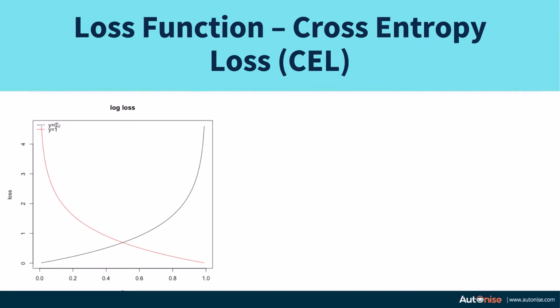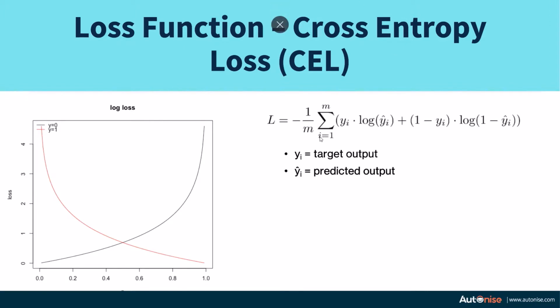So depending upon the target, we have a different graph, and if we add all of these terms, then we'll finally get the cross entropy loss. If we train our model to minimize the value of this loss, then we'll get optimal parameters which will have a good accuracy as well. So this is how the cross entropy loss looks in a graph, and this is the mathematical formulation.